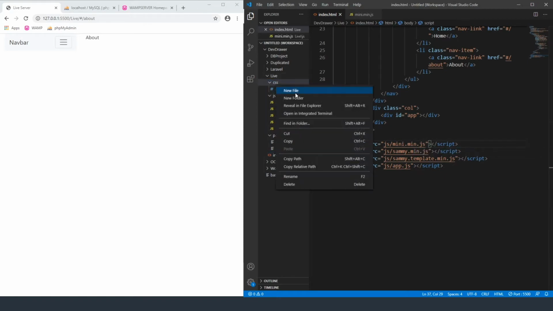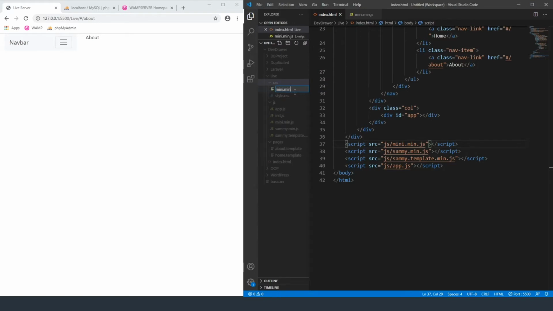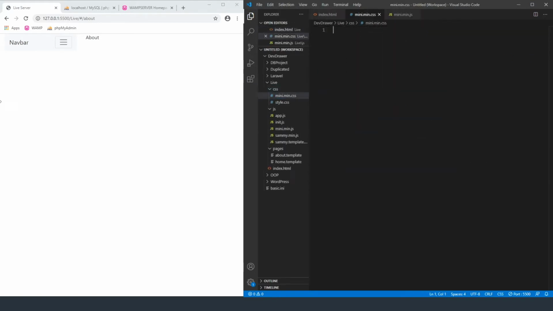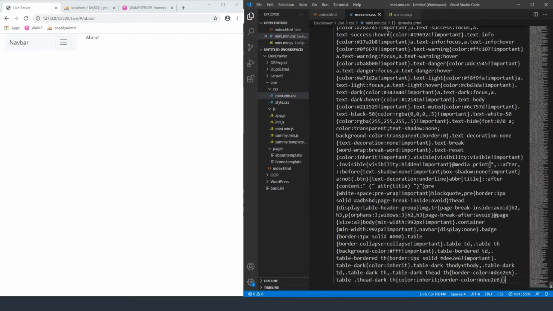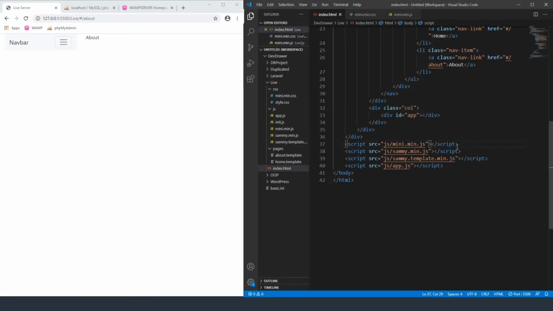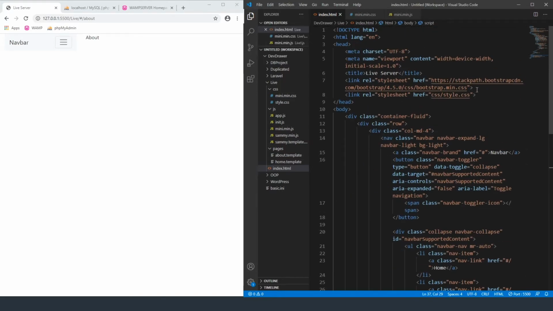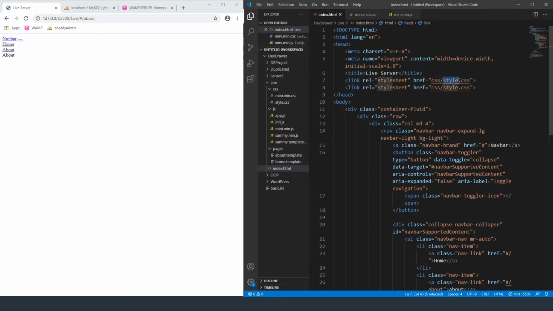Then we're going to do the same thing with our CSS. We're going to create a new file and call it mini.min.css, and then again I'm just going to copy and paste what I've previously done. You can reference other videos where I showed you how to do that, namely our CRUD setup. You can see how that was done. So let me go up here and we're going to copy this. Then we're just going to delete this here and change this to